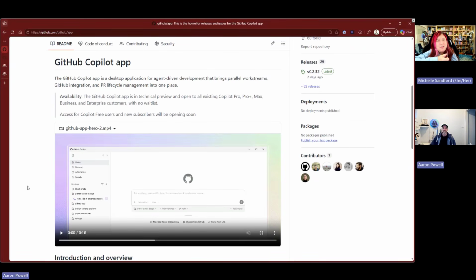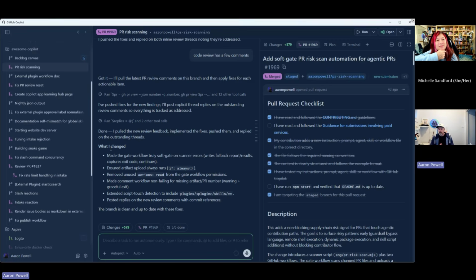Yes. Do you use this on your phone? Like, I use the GitHub mobile one on my phone. Do you use this on your phone as well, or do you always use this on your desktop? That's actually a good question. So what Michelle's referring to is where you're able to use the GitHub mobile application, and it has agents in there, and you can run agent sessions and stuff like that.